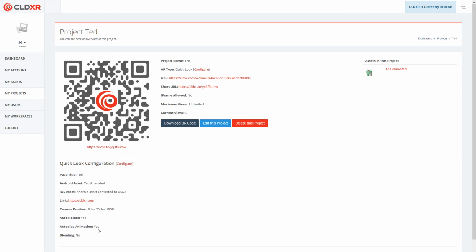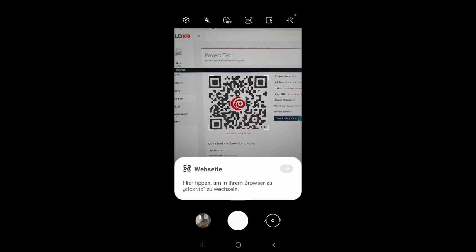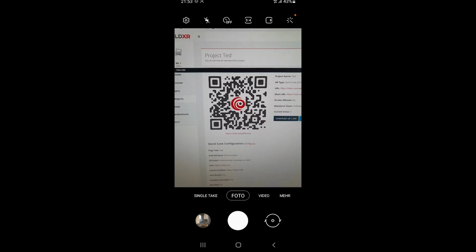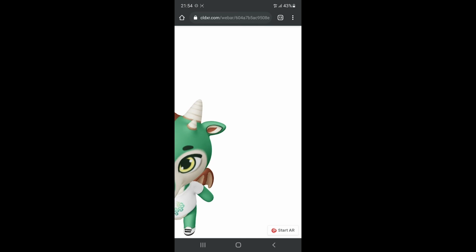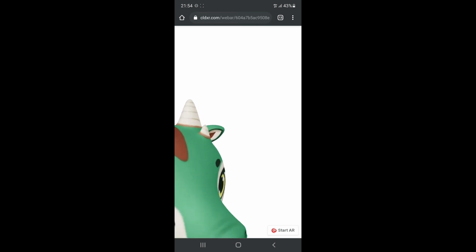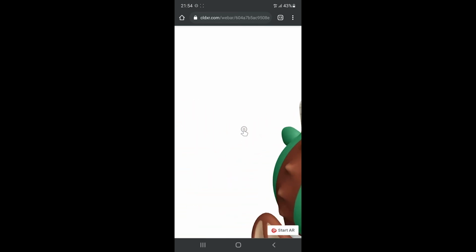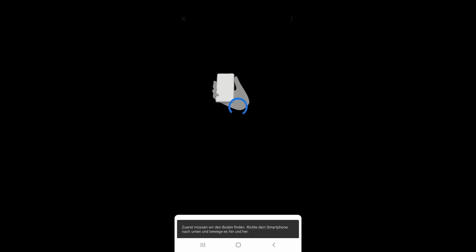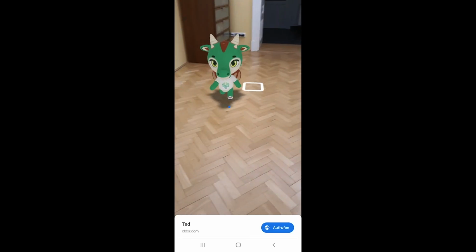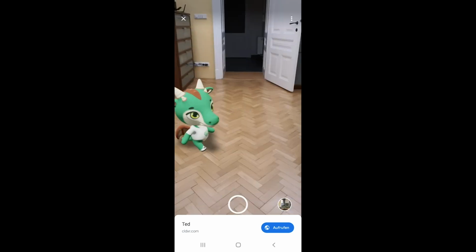Open your smartphone camera and scan the QR code. Click the pop-up to open your web browser and wait till the 3D object has been loaded. After that, click the Start AR button at the bottom of the screen. Follow the on-screen instructions to scan the ground until the asset appears.